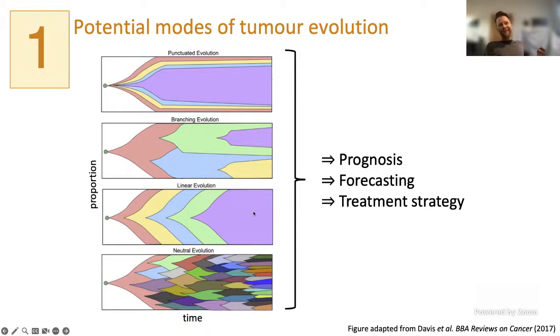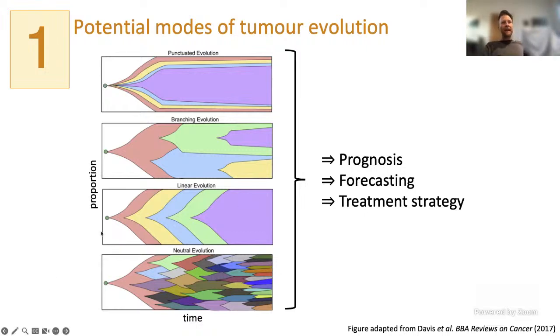The second case is branching evolution. Well, all of these evolutionary modes eventually are branched if you look in enough detail, but what they're talking about here is some sparse branching. So if you look at the tree, it will have a few big branches, and these branches will only occur quite late on during the tumor evolution. So you get this kind of classic evolutionary tree.